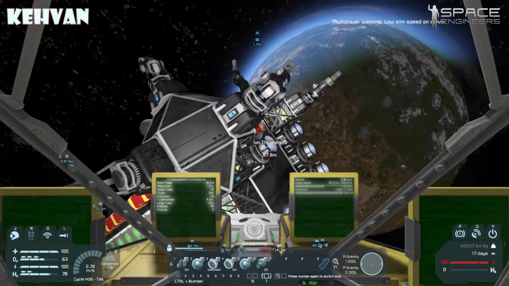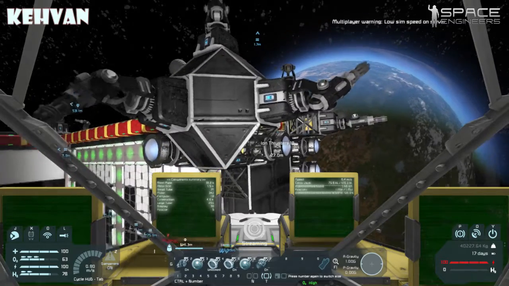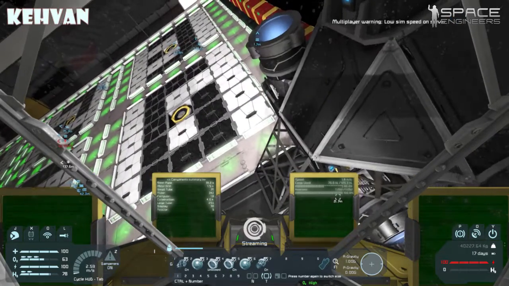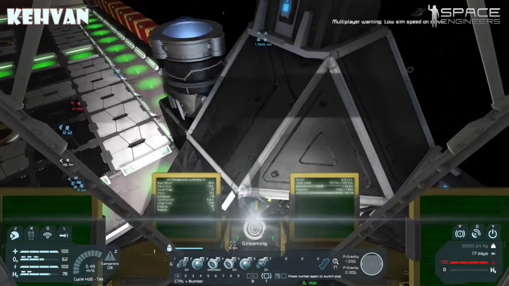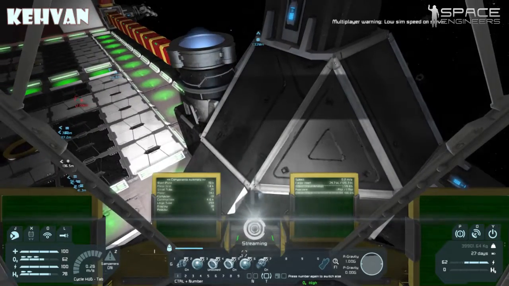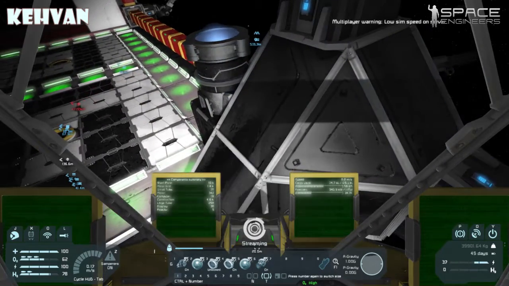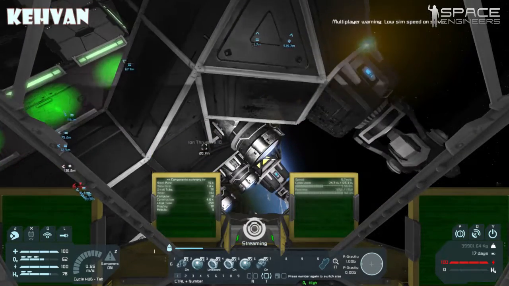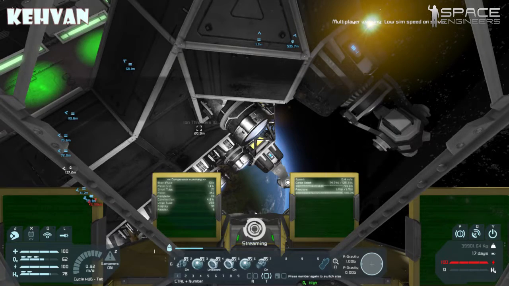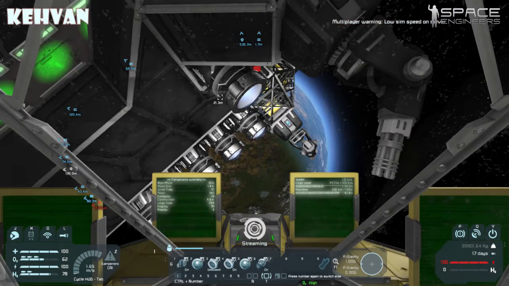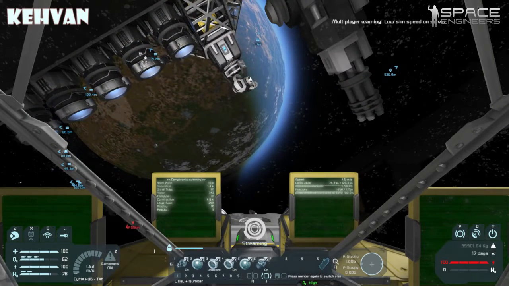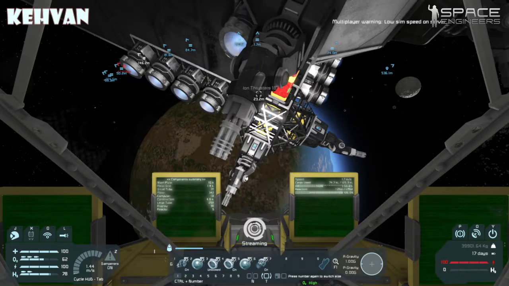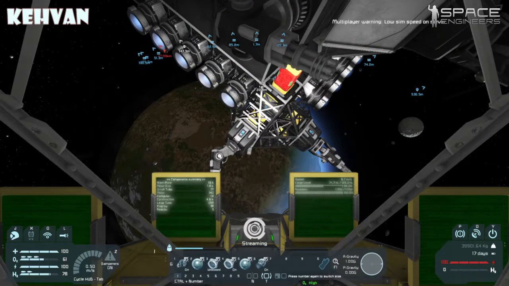$1.5K on the metal grid, 10.2 on the steel plate, so we should be able to do quite a bit of this armor that I've laid out. And we are at 59 capacity. Plus we have some space weather going on here too, which is code for multiplayer warning up there,